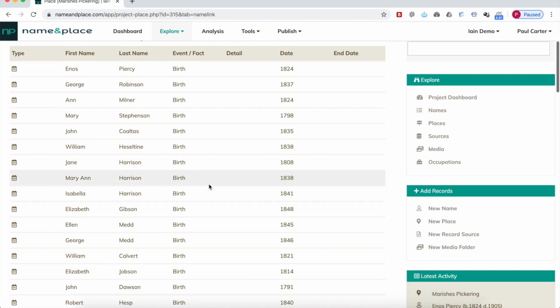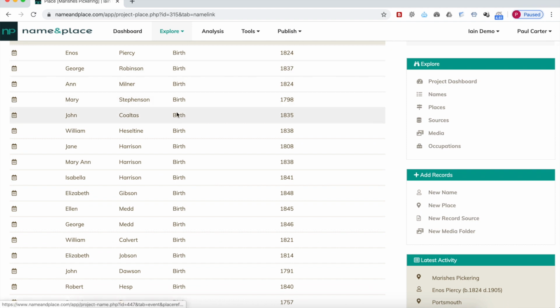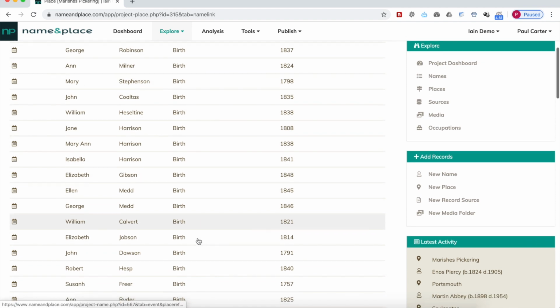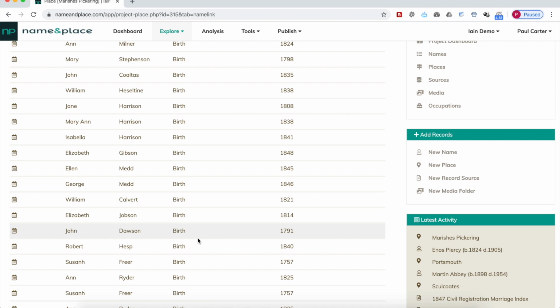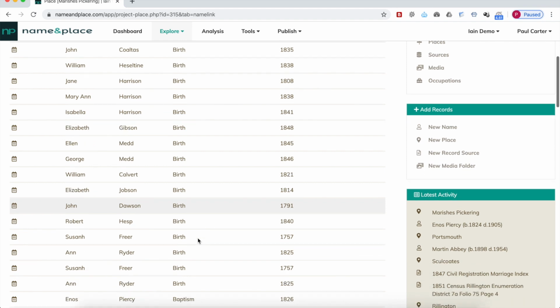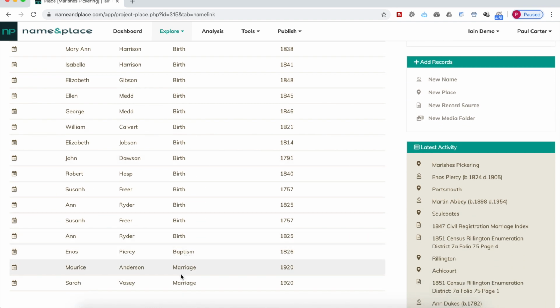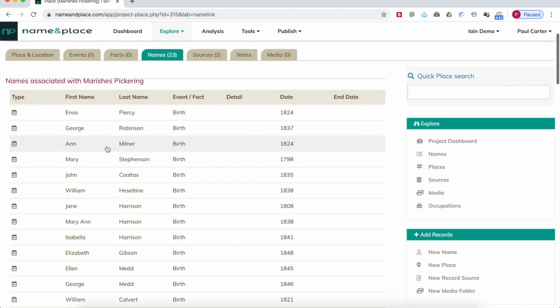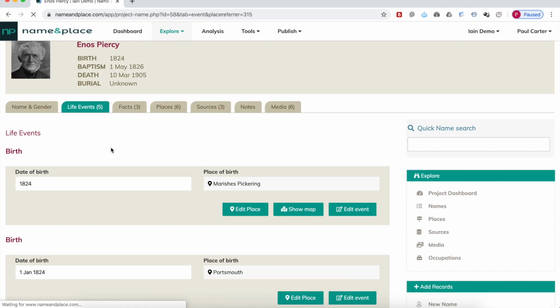This data actually came from a census, I think the 1851 census, so you can see a number of the events are births. So that's generated from that census data where you've got the year of birth generated via the age on the census and the place of birth. And below you can see there's some additional events for baptisms and marriages that have been added later. But if I click back onto Enos again, that takes us back to his name record, and we can just